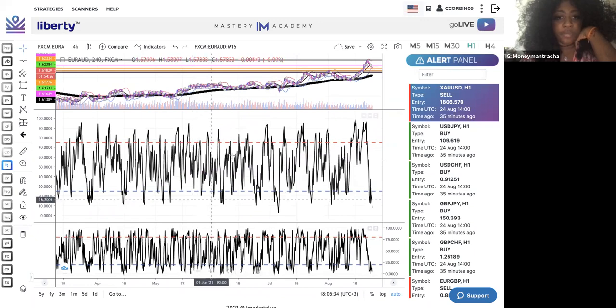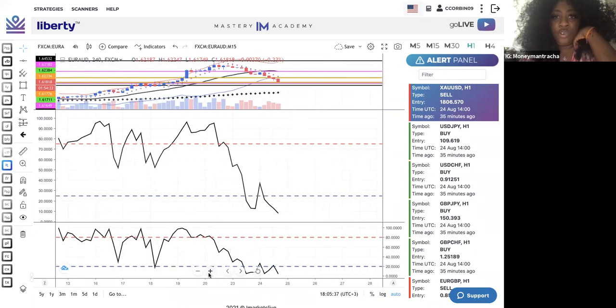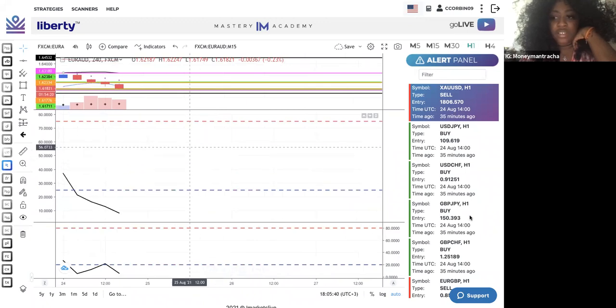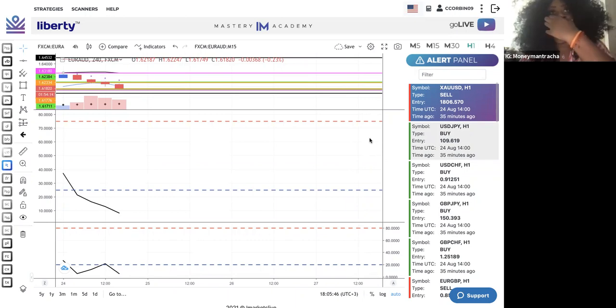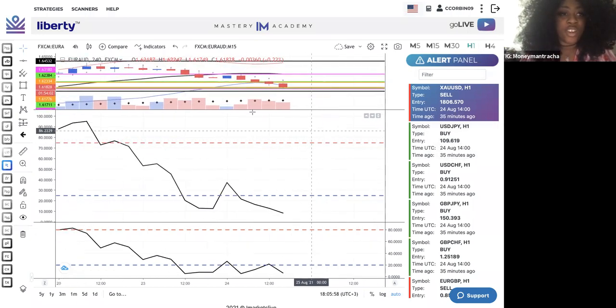All right, so yeah, y'all, is this making sense as to why we want to hold, don't fold? Is this making sense? Do we need a SL or a TP? I mean, yeah. I mean, typically when I'm getting into these longer trades,